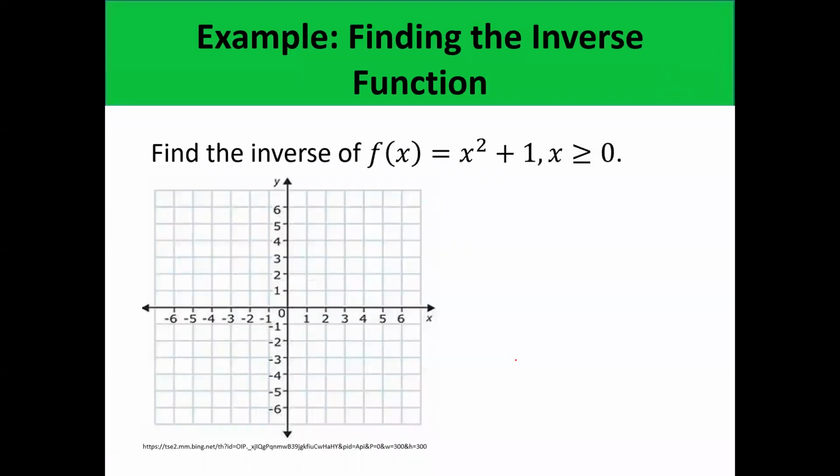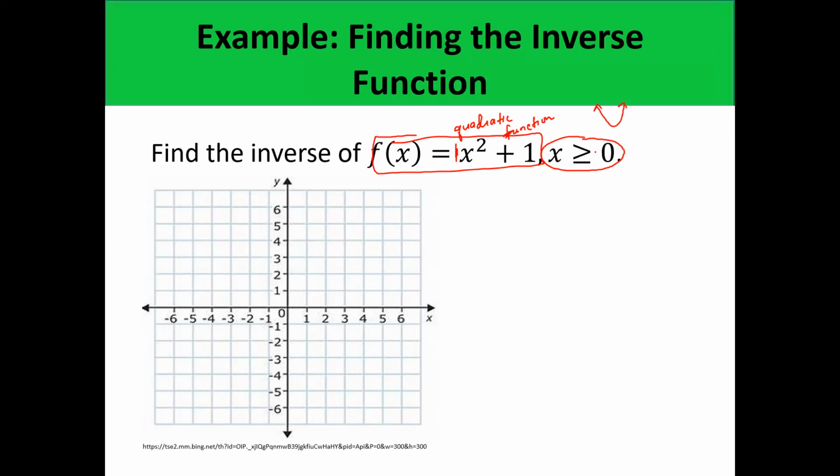Okay, and then finally, let's find the inverse of f of x equals x squared plus 1, where x is greater than or equal to 0. So why is it that we have a particular restriction on the value of x? It is because the given function here is a quadratic function. And we know from the previous discussion that the graph of a quadratic function is a parabola that opens upward or downward. And in this case, since the coefficient of x squared is positive 1, the graph is a